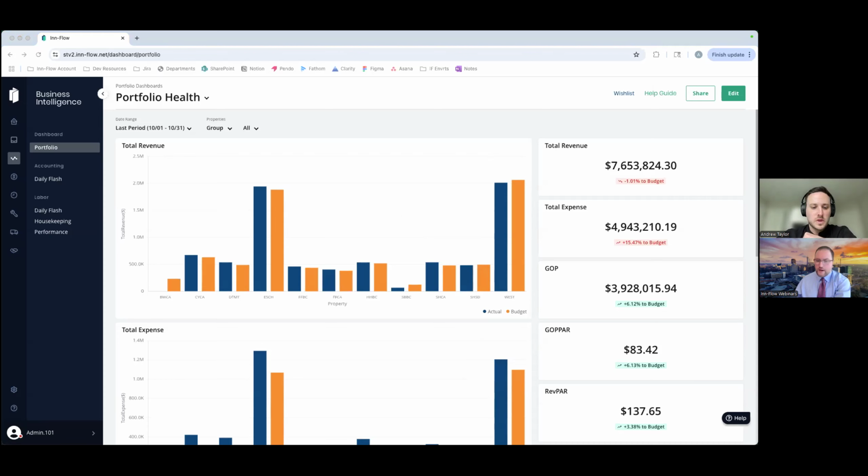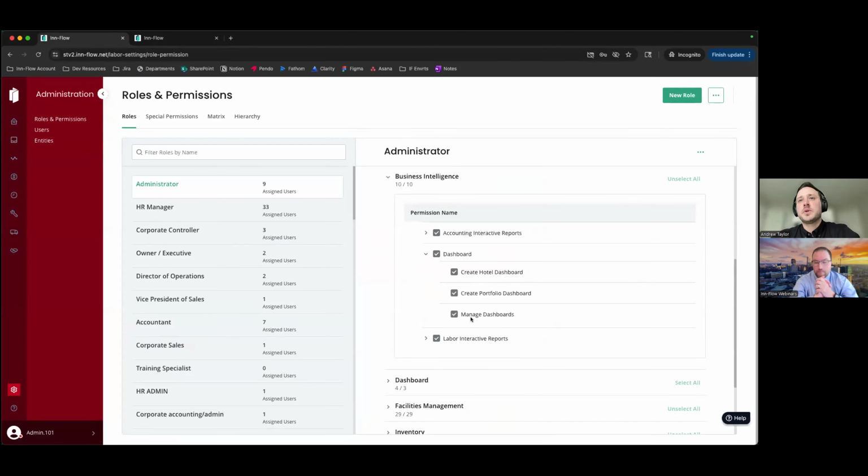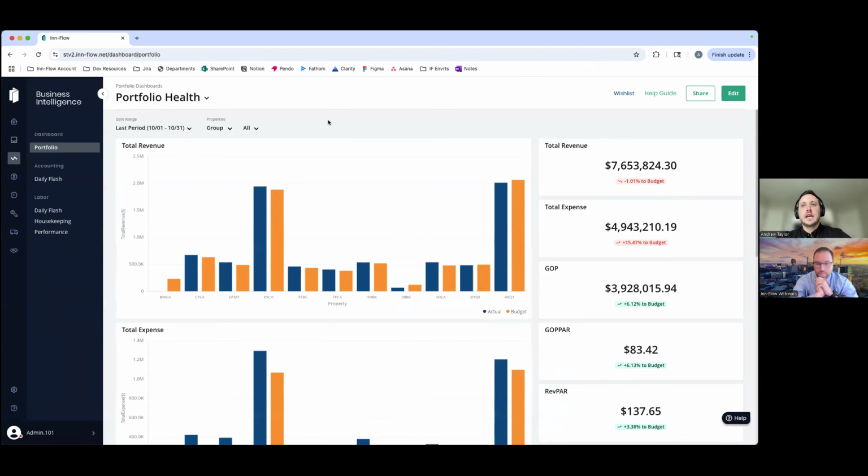It's great insight, Andrew. Another question just came in. Can you set the controls so ownership can only see the BI dashboard you shared? So it sounds like they just want to make sure that it's private, not open to everybody. Yeah, so if you have the permissions, like we spoke about at the beginning, to create a dashboard and then also to manage a dashboard, that dashboard that you create is strictly